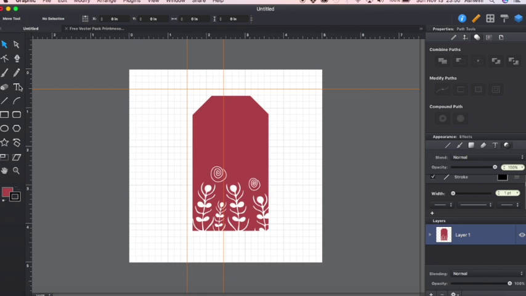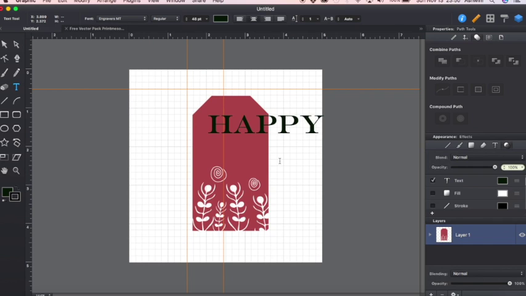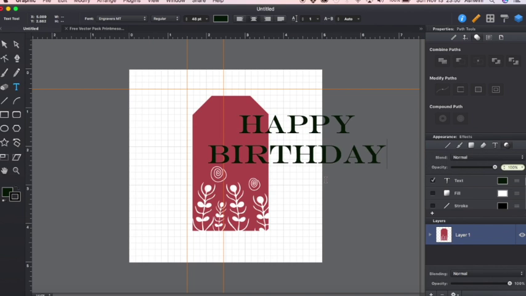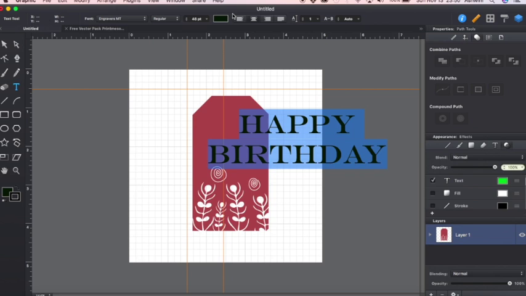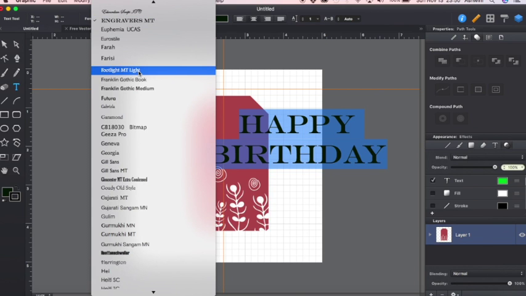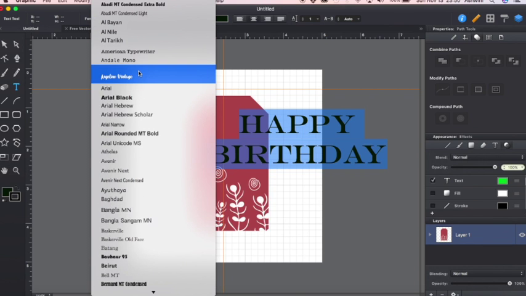So once I have this set, now it's time to put some text in there. So let's just put this and say, happy birthday. So this is obviously too huge, so I'm just going to select everything. And when you do this, make sure this part over here usually doesn't work. Even if you change this to some bright green or something, it's not going to change it. So you have to use the top panel over here. So just click on this and you can choose whatever color you want. I'm going to go ahead and use a different font because this is not something that I like. So let's go ahead and